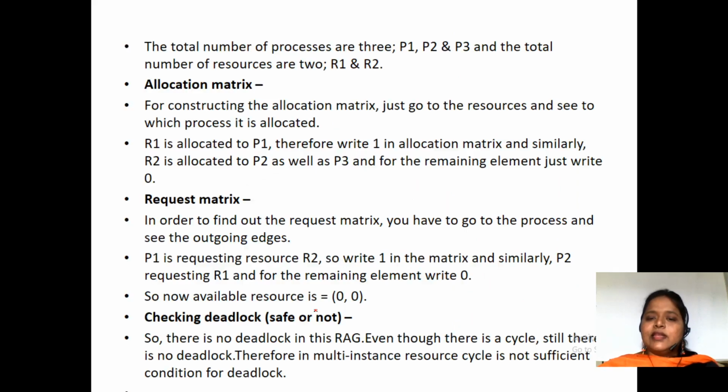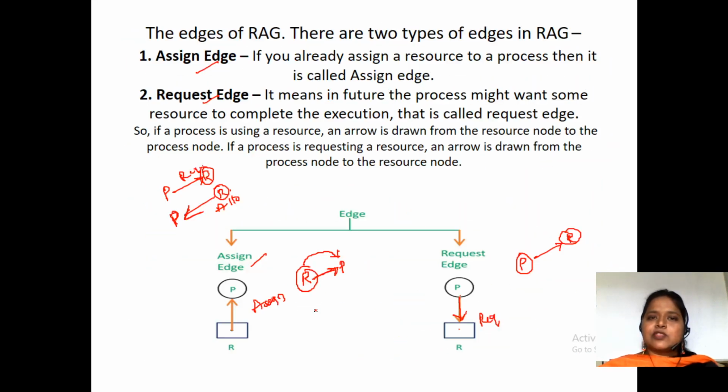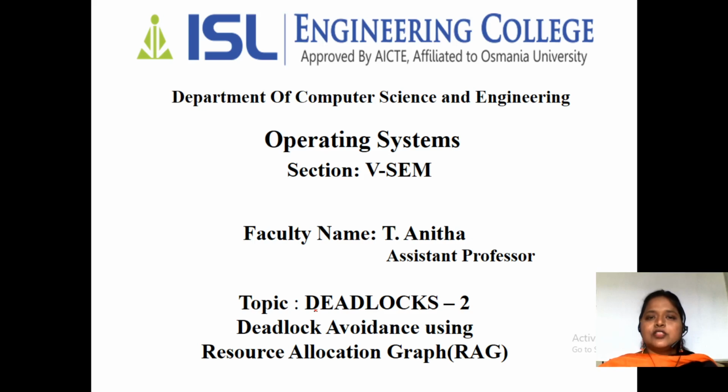So this is how we are going to plot the resources as well as the processes in a table, and then we'll check whether the system is going to be in the deadlock state or not. So this is how we'll have the deadlock avoidance using resource allocation graph. Simple. What you have to do is, you have to know regarding the edges. From the process towards the resource, in the sense the process is requesting the resource, and from the resource towards the process, in the sense that process is allocated that particular resource R2. First is the requesting edge and then the assignment edge. So that is the first thing you have to know.